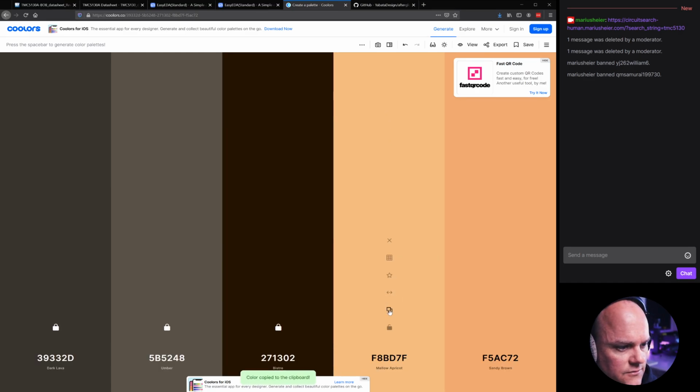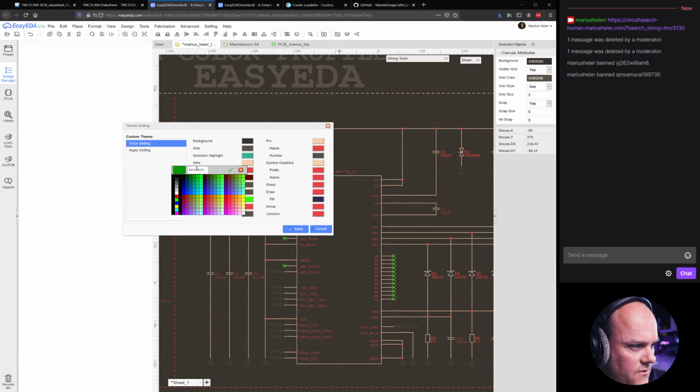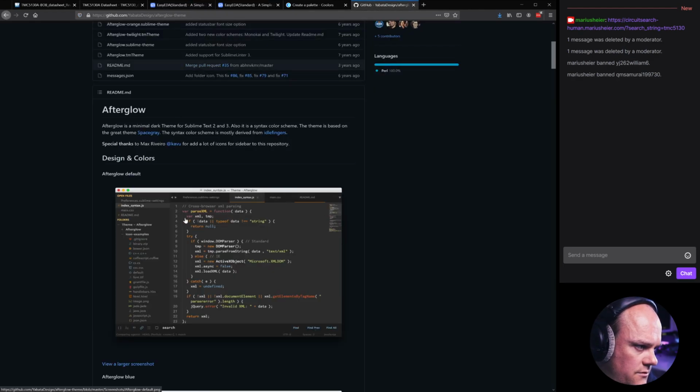Okay, let's just try this one instead. Theme settings, wire. Okay, I like this one better for the wires. It's a bit softer. And for the components, what color should they be? Let's go over to the, okay, what could be similar here in the afterglow if we use that for inspiration? Well,